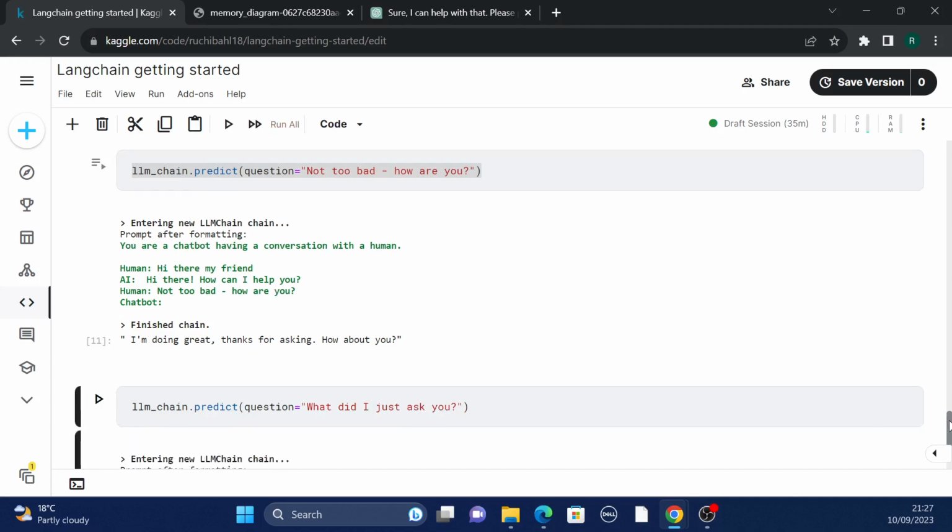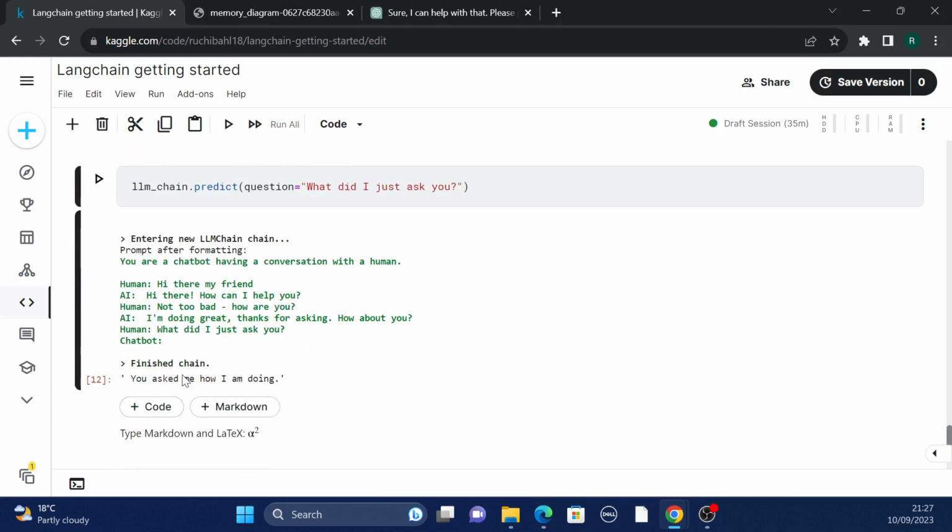Now you can see that the entire chain is printed, and then the bot answers, you asked me how I am doing. How cool is that, guys? The bot remembers that I said I'm doing good, how are you doing, and all that conversation. And when I ask the bot what were we talking about, the bot actually answers me that you asked me how I am doing, from the past conversations, taking that as a context.